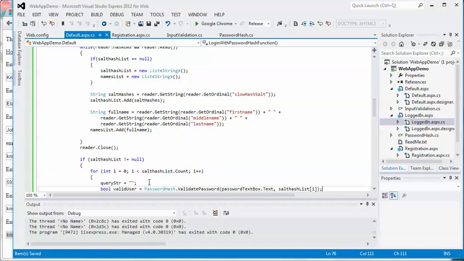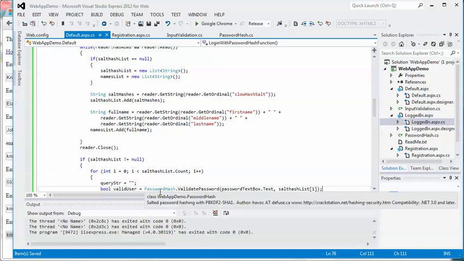We don't actually have to grab that from the MySQL database, and we're going to pass in the salt hash list, the first index of it in this salt hash list. And of course, this is going to return true or false. And if it's true,